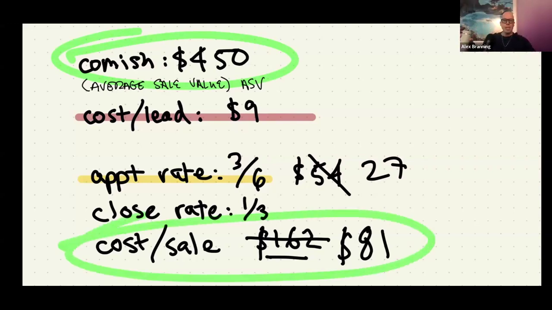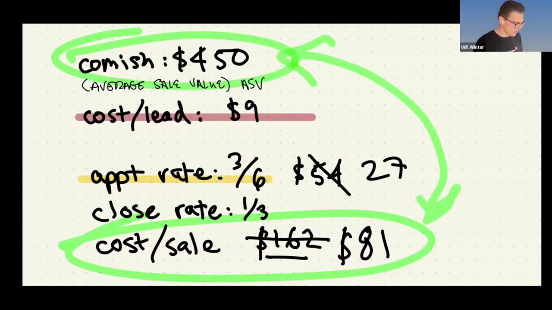Because if you're spending more per lead, great, maybe not. Are they showing up? So you're going to take your appointment rate and multiply it. What we're doing here is multiplying the lead by the appointment rate, by the close rate, and we're getting those numbers. But at the end of the day, the main thing, there are lots of little levers that